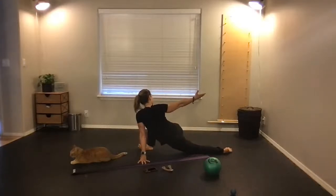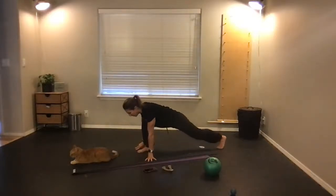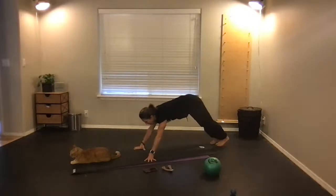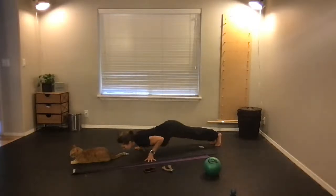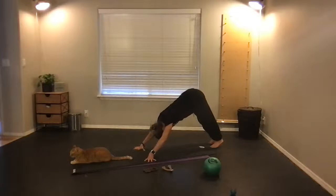Big breath in. Inhale. As you exhale, turn back to center, flatten that left foot, square up, dig the right toes into the floor, lift the right knee, step back, high hover, low hover, press your chest through, drop those hips, tailbone comes up, inhale,